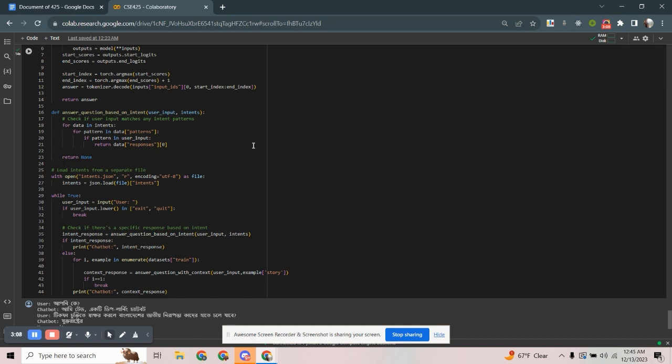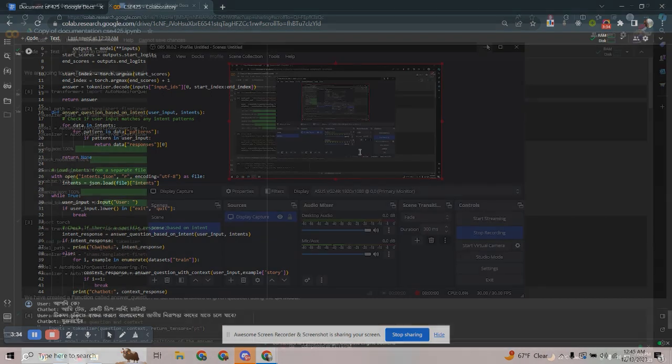Let me walk through how this hybrid marvel operates in our chatbot. The sequential model checks for predefined intent patterns in the user input. If a match is found, it confidently delivers a response. However, if the user query is more intricate or does not align with the predefined intent, the chatbot gracefully falls back to BanglaBERT. BanglaBERT then leverages its question answering prowess, providing a detailed answer from the dataset.